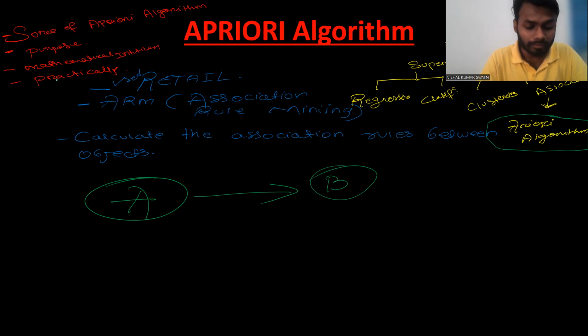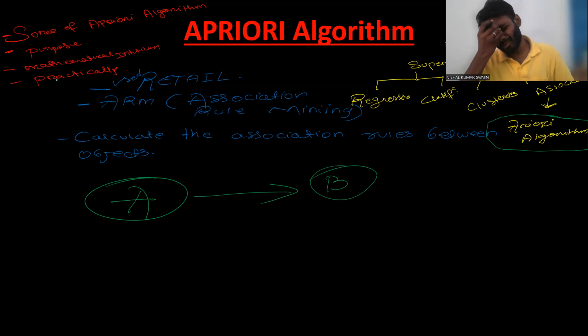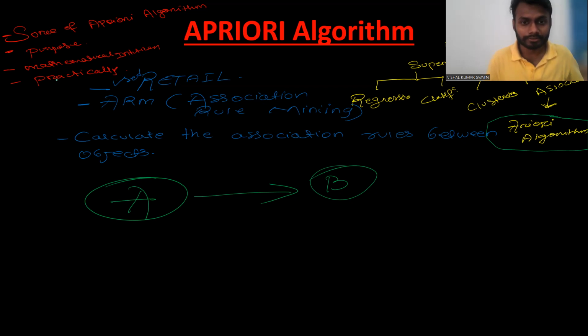So now first of all, we'll understand the formula, meaning what components are there in the Apriori algorithm. You already know the source of the Apriori algorithm, from where we get the name Apriori algorithm, and what the purpose is, what the use of the Apriori algorithm is. Clear? Okay. So the next point is the component part.